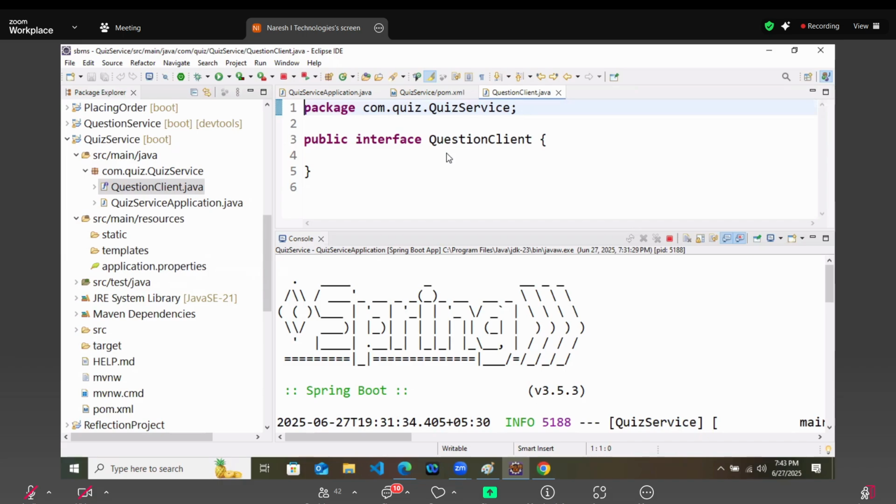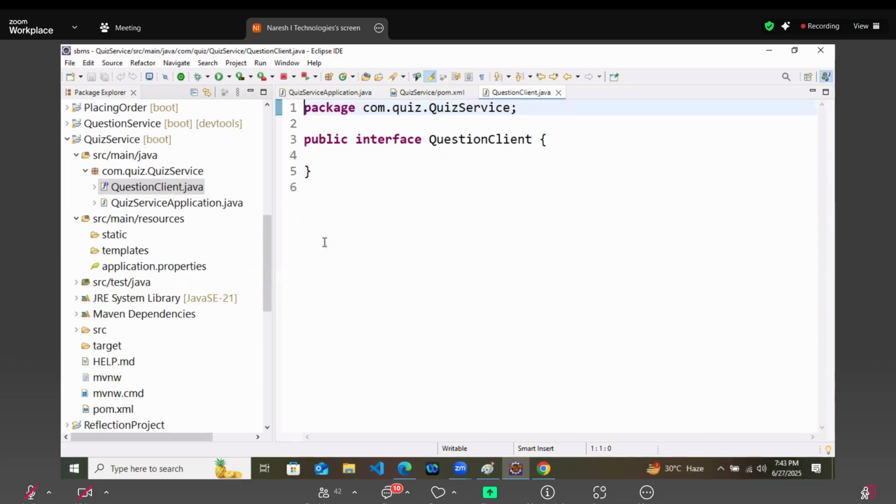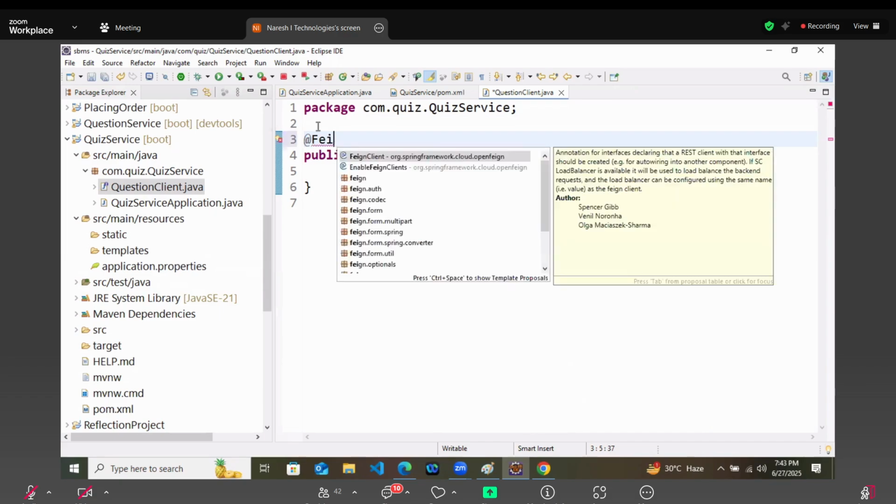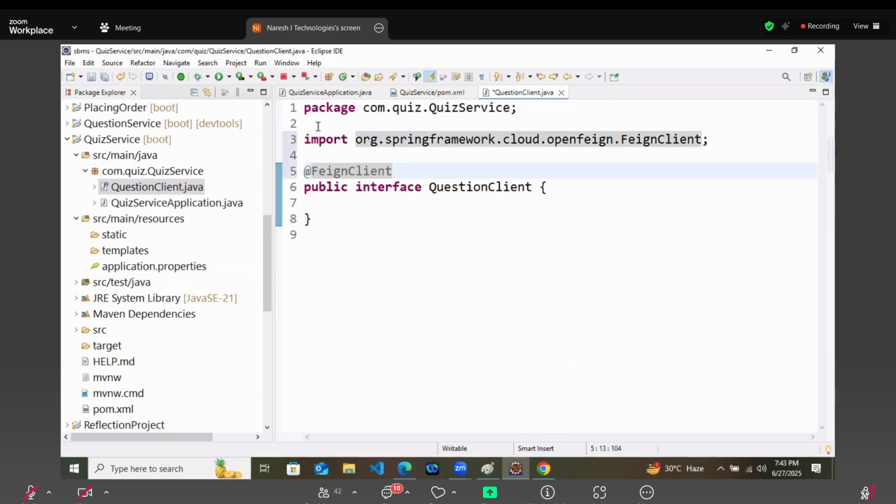Now, once after doing this part, here you have to add @FeignClient. And you have to tell the client name, that is, to whom you want to talk.